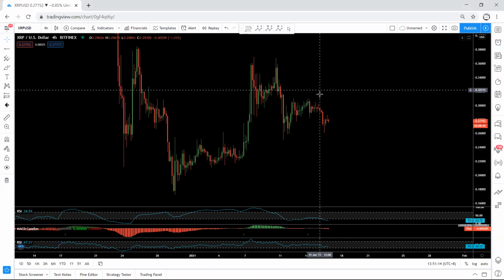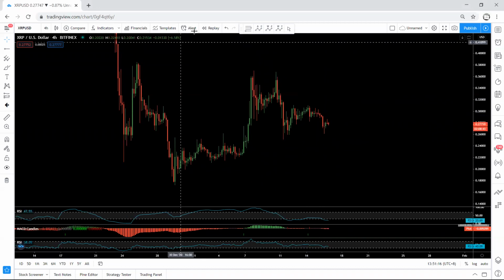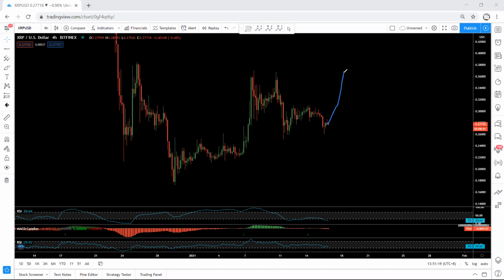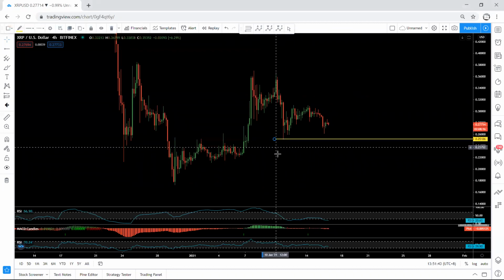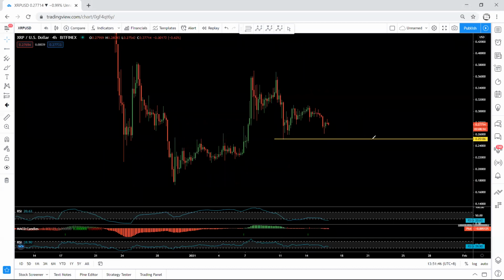From what I have right now, even if the price starts to continue from here, I won't look for a buy. The only time I will look for a buy is if the price breaks this low. That means if the price breaks this low, then if I get any buy setup from there, I will look for a buy. If the price breaks and continues lower and lower, I won't sell it. If I get the buy, I will look for the buy. That means if I want to look for a buy at this stage, I will wait for the price to break this low, at least to come to the 25 cent.